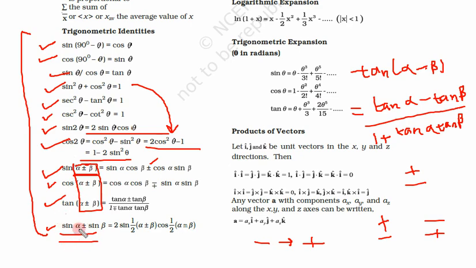Here we have taken the sines, then adding. The difference is first angles are added, then sine is taken. Here we have taken the sine first, then we are adding. So sin alpha plus sin beta is equal to 2 sine 1 by 2 alpha plus beta cos 1 by 2 alpha